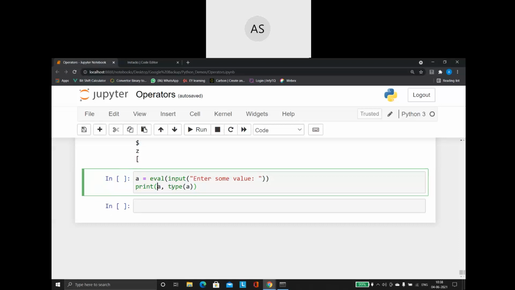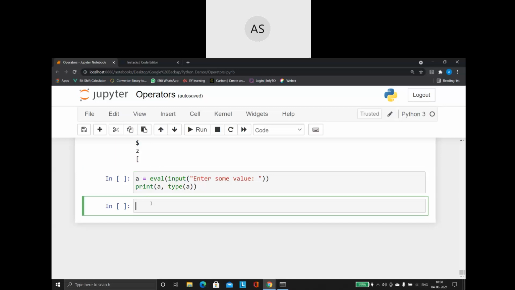I was telling you, it is used to dynamically read. The input function will dynamically read the value from the user. It is always going to read the value as a string. So now if I want to perform any sort of arithmetic operations or anything else, I need to typecast it into the appropriate type, and then store it in the variable. This is the process I have been doing.